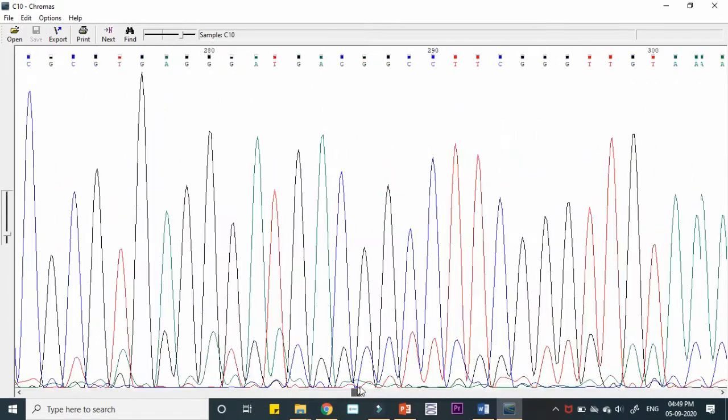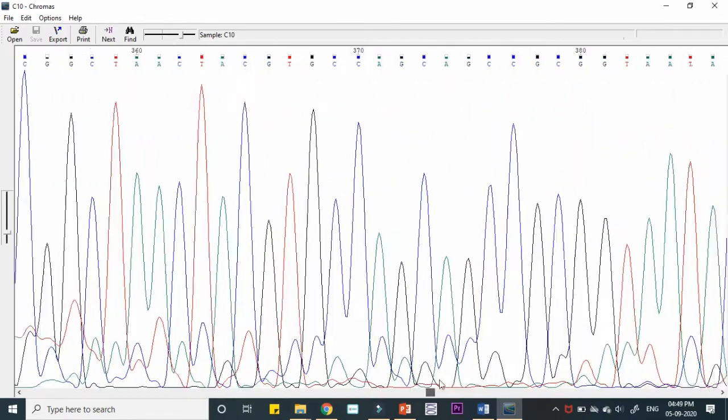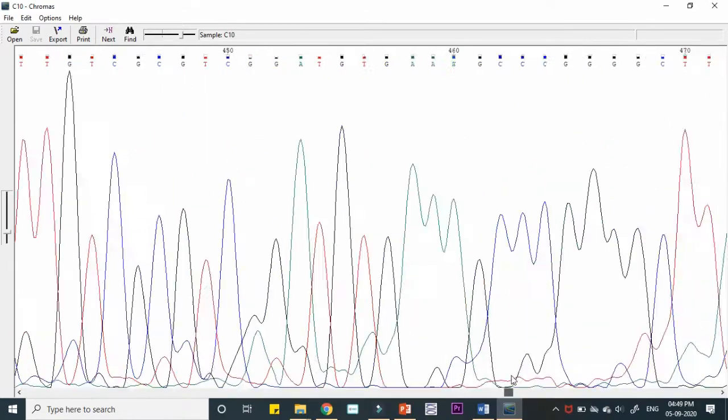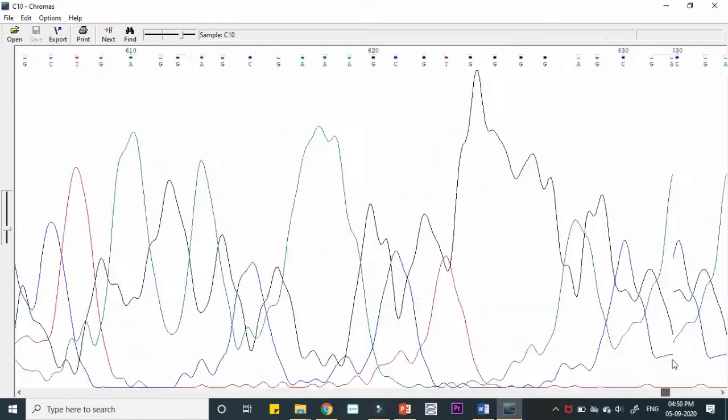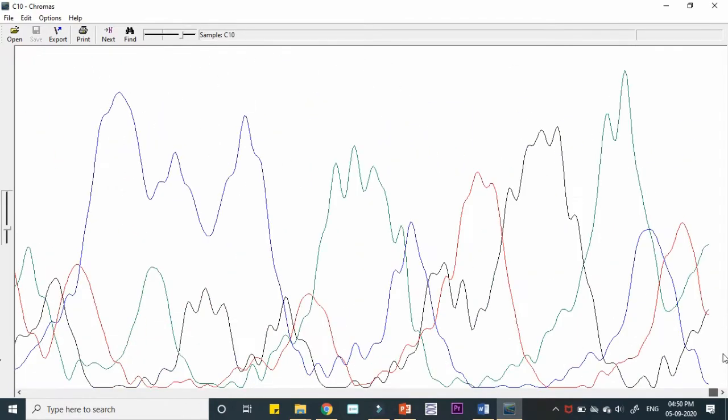Every base, as you can see here, is shown with different peaks based on the intensity.